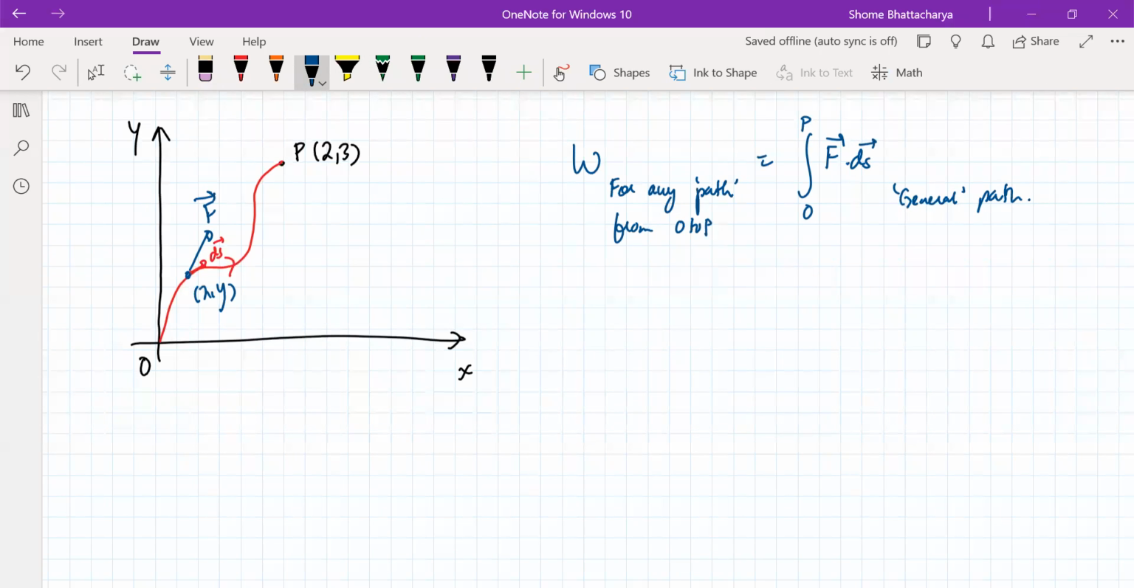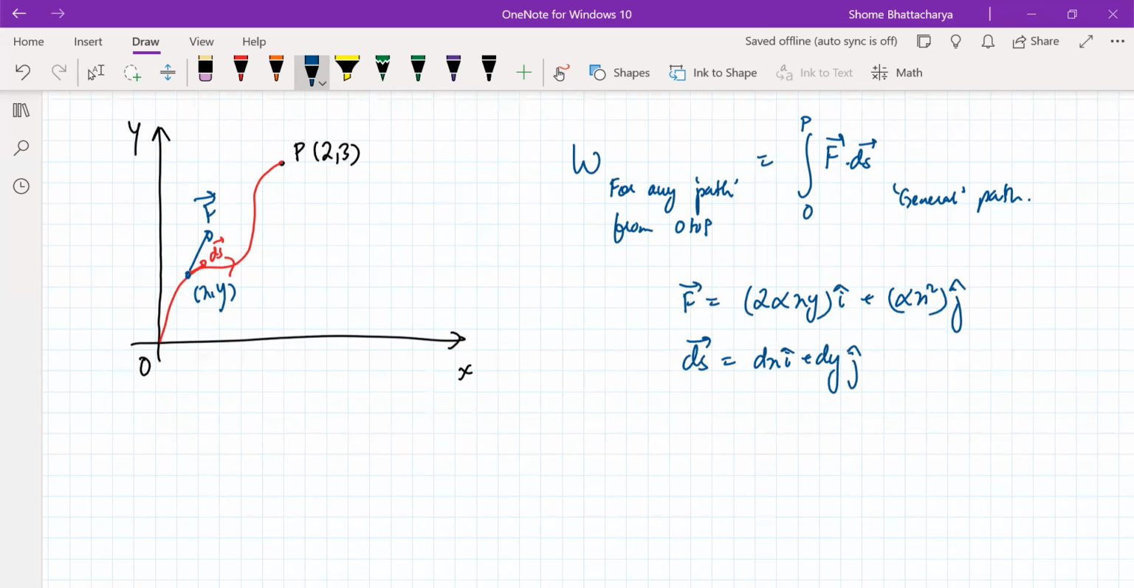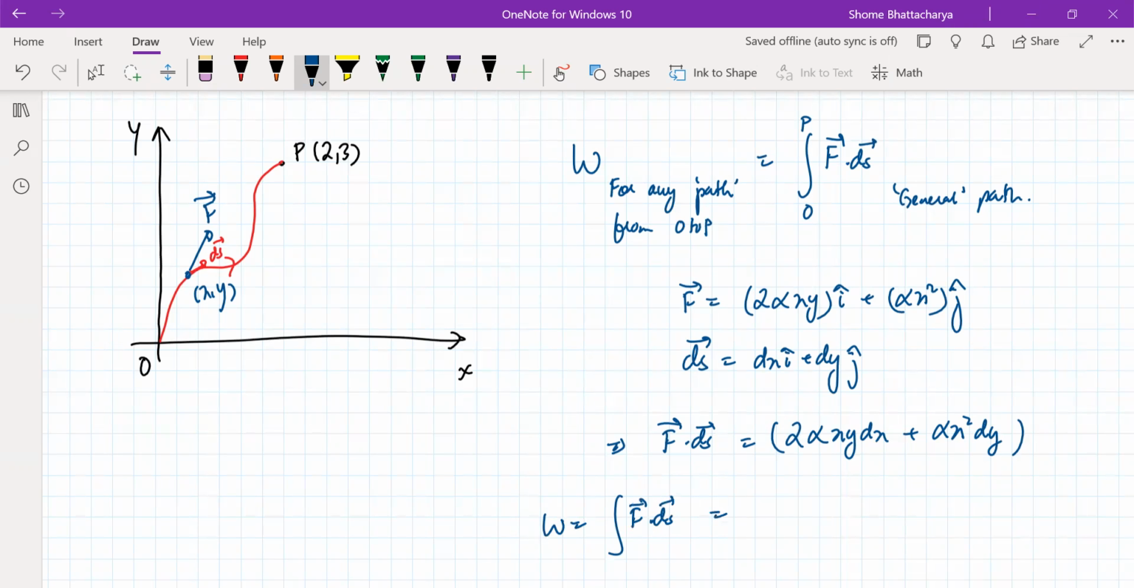So when we talk about a general path, the force will have to be substituted in general as 2 alpha xy i cap plus alpha x square j cap, as was given at any point, and the differential displacement ds at any point has both the components. The dot product of these two, you can see, will become 2 alpha xy dx plus alpha x squared dy. So the work done